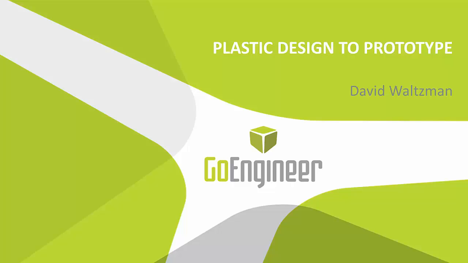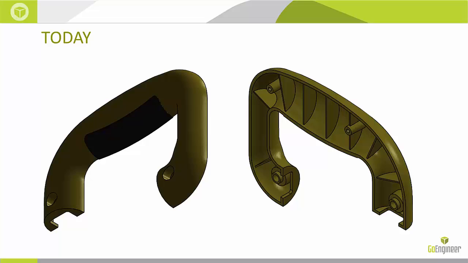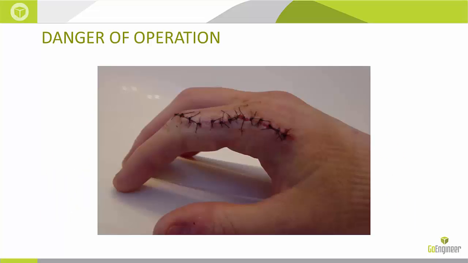Today I'm going to be talking to you about plastic design to prototype. The big picture of what we'll be looking at today is this miter saw. Within that saw, we'll be taking a detailed view at this handle. This is how the user interfaces with the machine, and we need to make sure that happens properly, otherwise we get accidents like this. I don't know about you, but I don't want to end up in the hospital just because of my handle